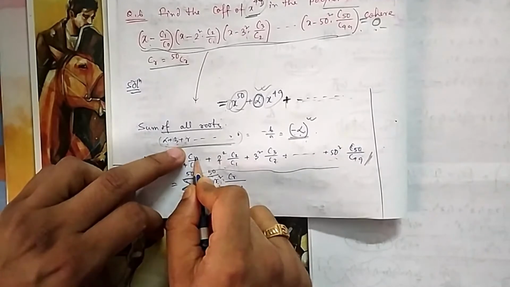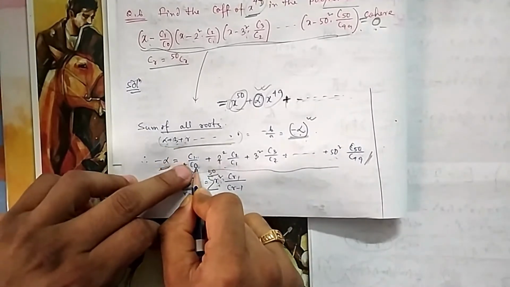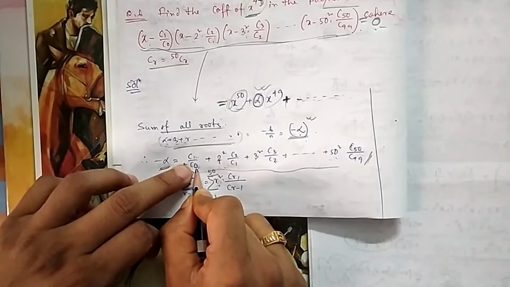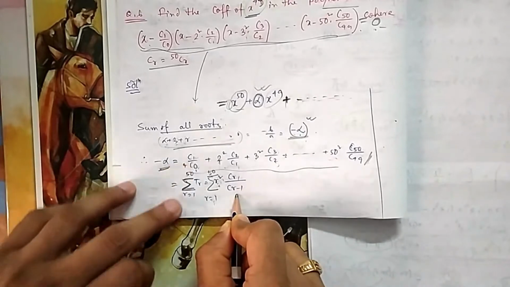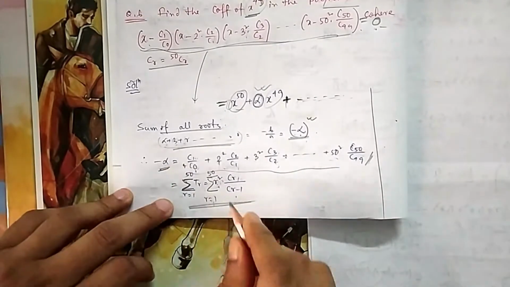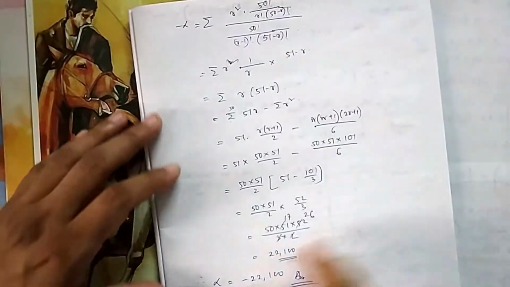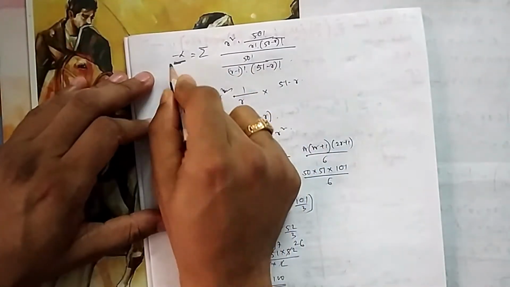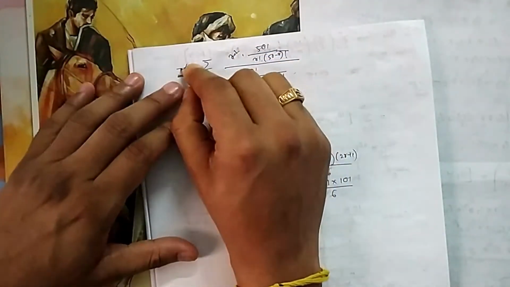Because I am writing r equal to 1, so it is 1 square, 2 square. It is C1, the first term, so the rth term will be Cr. This one is 1 less than the first term, this is 0. So for the second term it is 1, for the third term it is 2, for the rth term it will be r minus 1. So this is the general term. Now if I expand it with nCr and nCr minus 1, you will see lots of things are cancelled. This is minus alpha, you remember. You have to take a minus sign. Ultimately at the end you need alpha only.